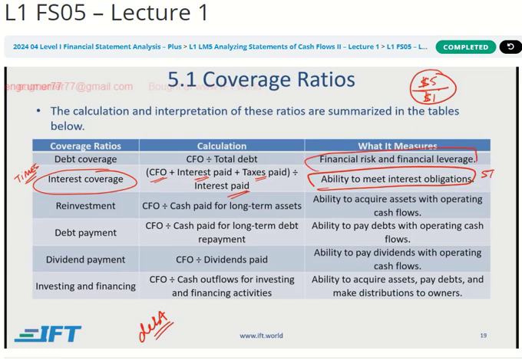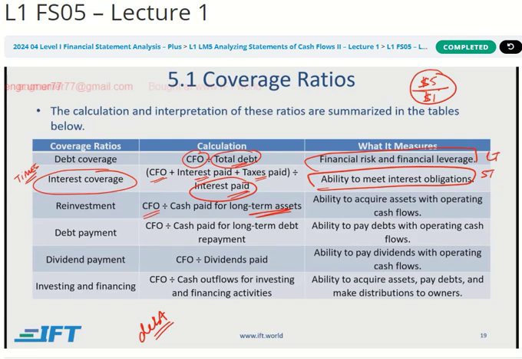So that's the first one, which tells us, okay, what's their total debt? Not just the interest paid right now, but what is their total debt, and what is the CFO as a percentage of the total debt? Or what is their ability to maintain their long-term assets? So how much money they are paying to maintain their long-term assets, and what is the cash flow